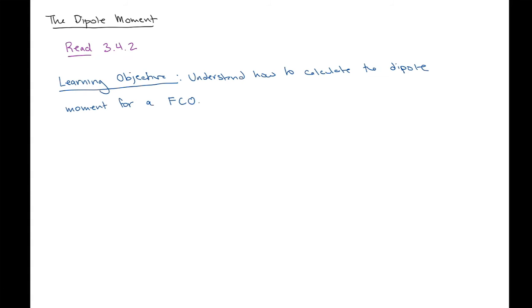Okay, in this lecture, we're going to go over how you calculate the dipole moment, not just for a physical dipole, which is two opposite charges, but for any object that happens to have a net dipole moment, any funky charged object. Okay, let's just review what we talked about in the multipole expansion lecture, and that was the idea